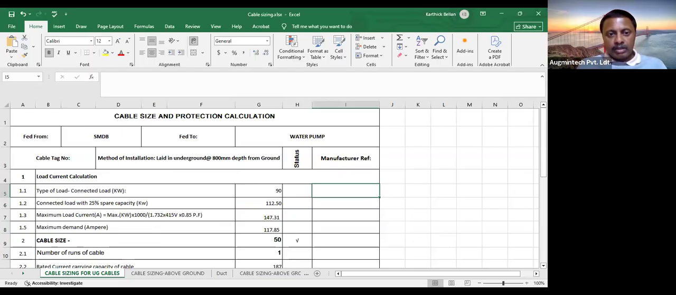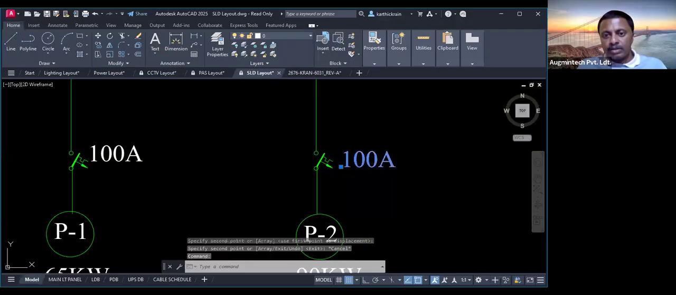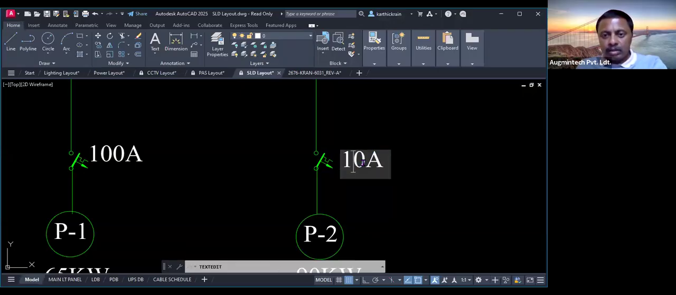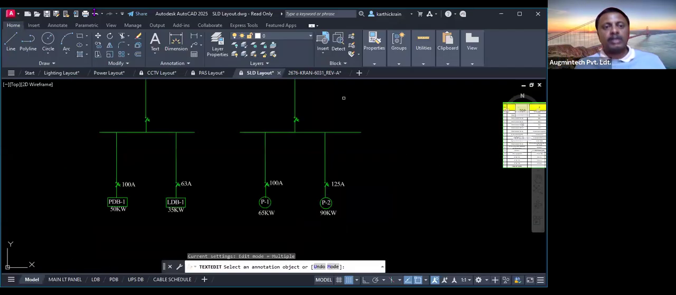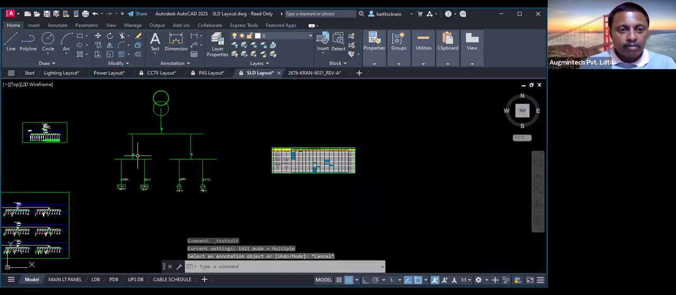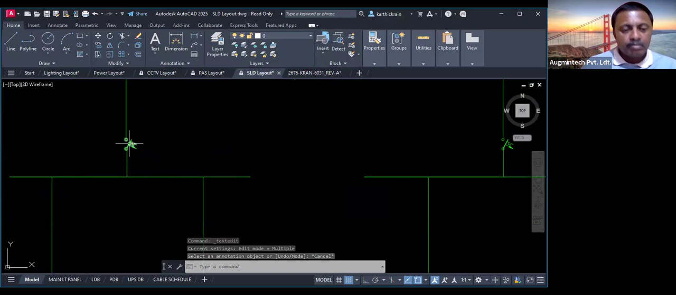So just let me copy this and paste it over here. So it's going to be 125 amperes. So we have sized all the sub-circuit breakers, right? All the sub-circuit breakers. So in order to size the main breaker, this main breaker, this is an SMDB,